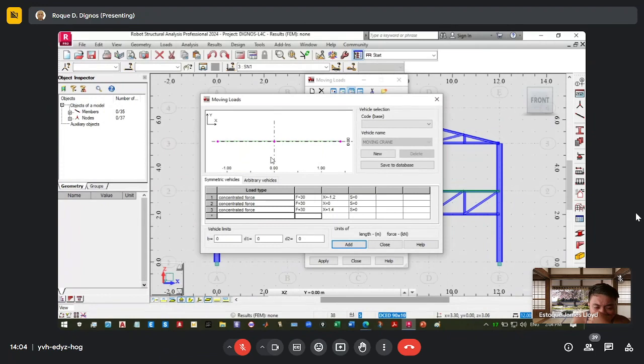Okay? By the way, have I told you about the manual? You search the AutoCAD Autodesk Robot 2021 user guide installer, and then you install the user manual.